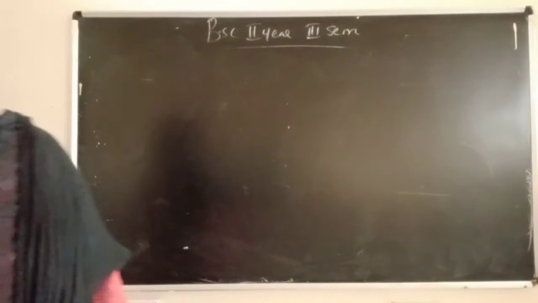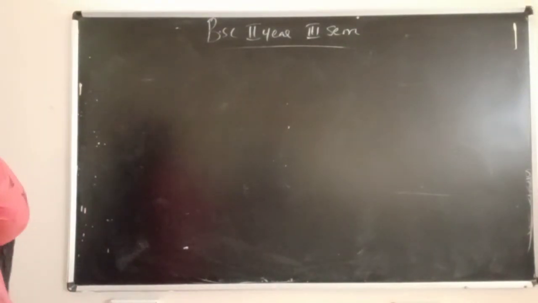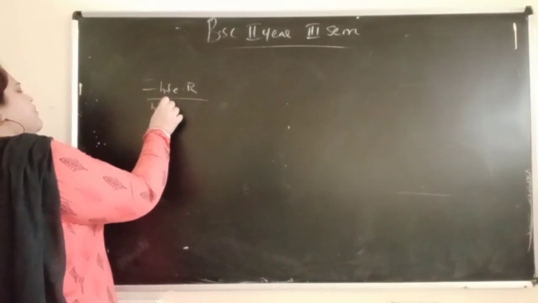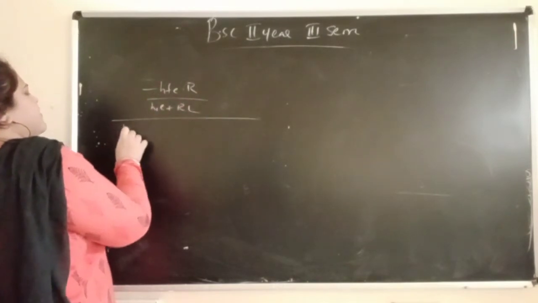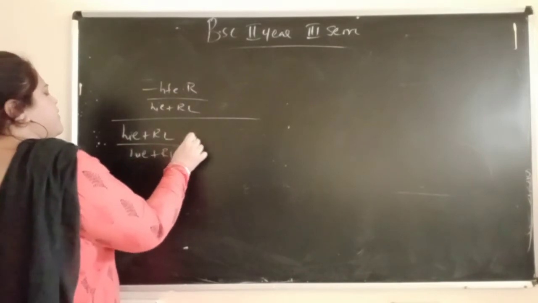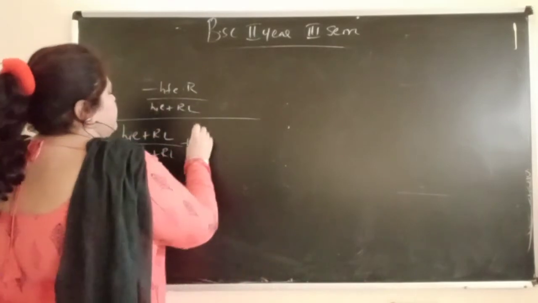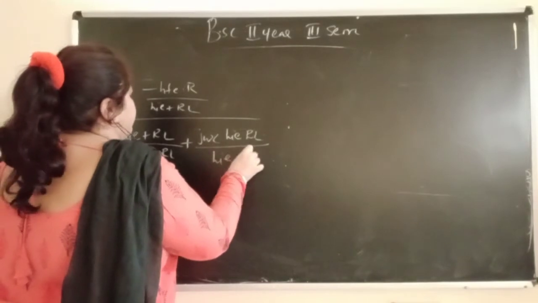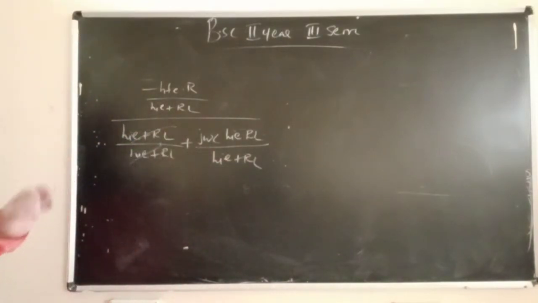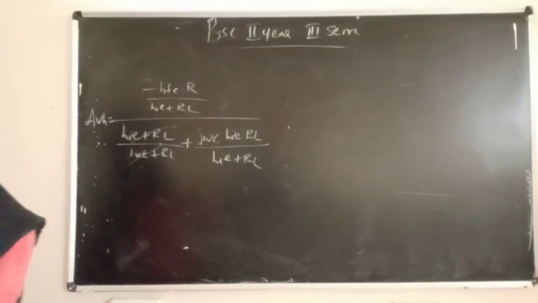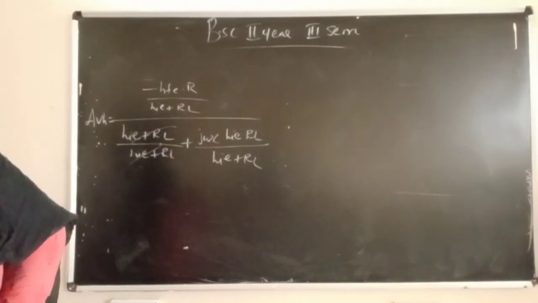So what we will get now? HIE plus RL, and this means we will get minus HFE into RL by HIE plus RL by HIE plus RL by HIE plus RL. Okay, plus then what we got? J omega CS HIE into RL by HIE plus RL. Cut. Okay, we will get this AVH is equal to. So what is this now after cutting?